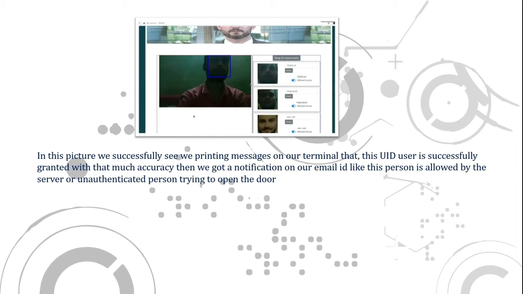And the next point is that we are facing some issues. If someone shows an allowed person's image in front of the camera, our door will open because it doesn't identify whether it is real or an image. To solve this problem, we made an image notifier which captures a high resolution image whenever any person is allowed or disallowed.